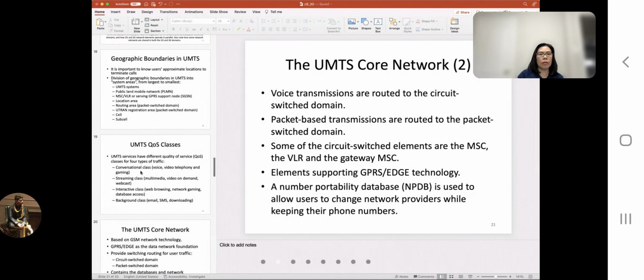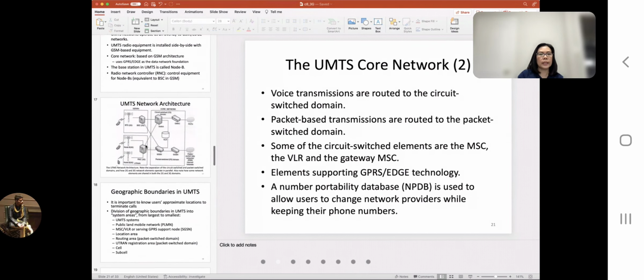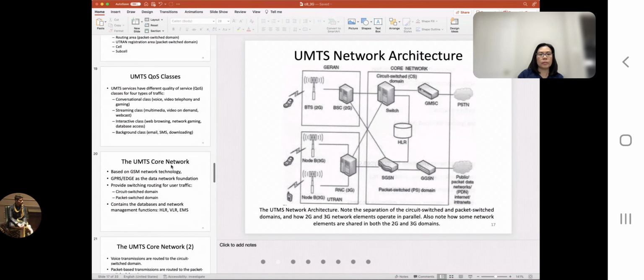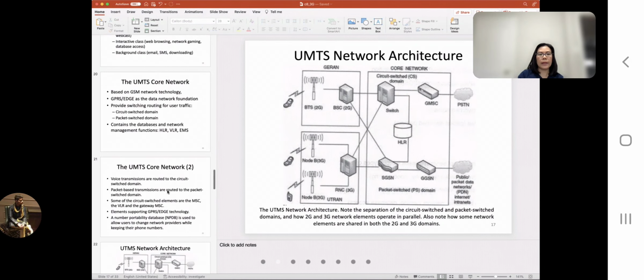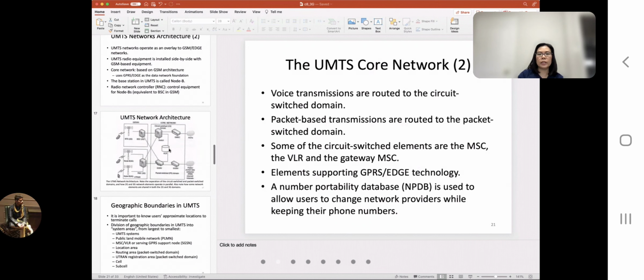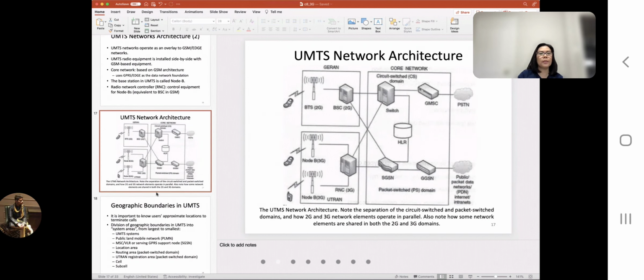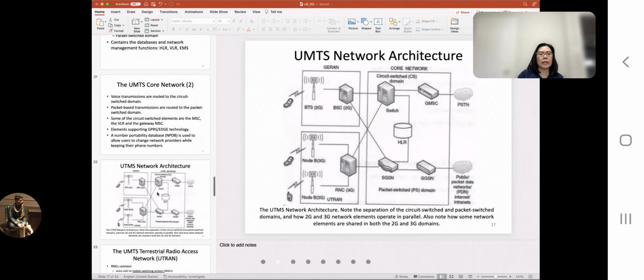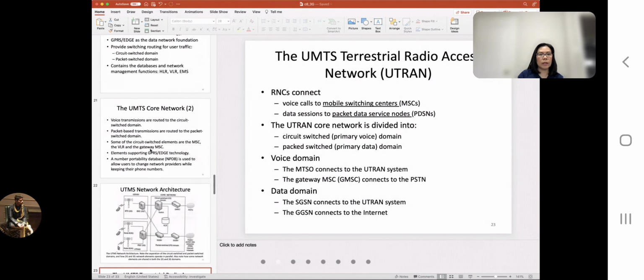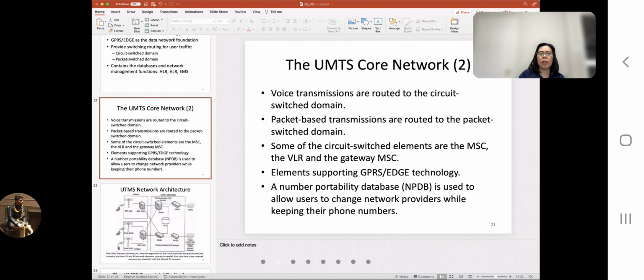So basically this one here, this is the mobile switching center, HLR, and the gateway MSC. And then we have elements that support the GPRS and EDGE technology, which is this part here. And then there's something called